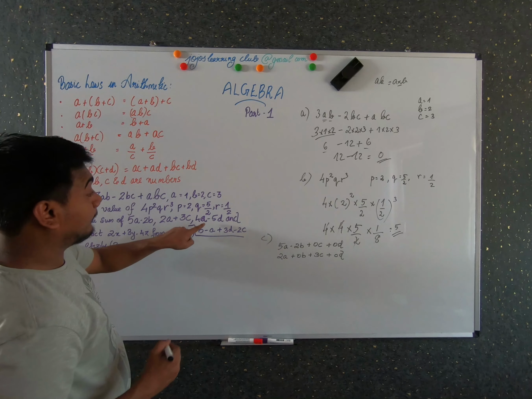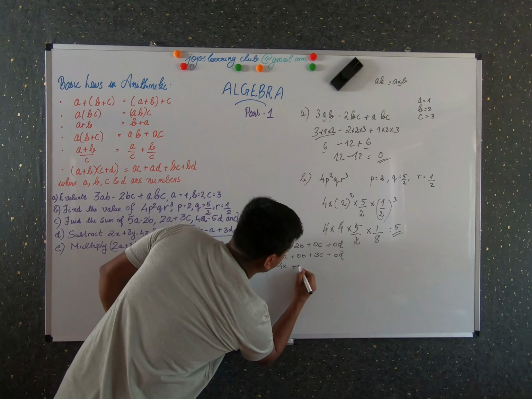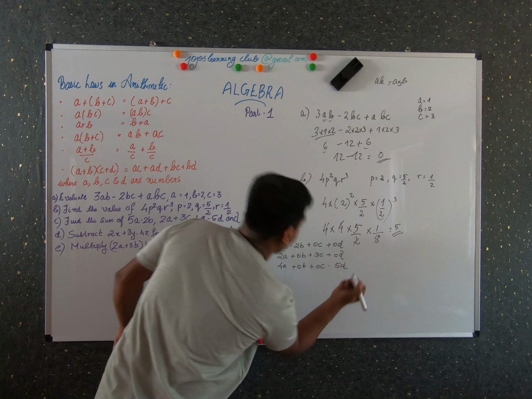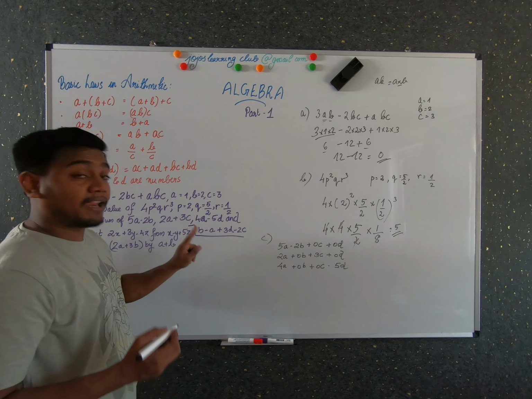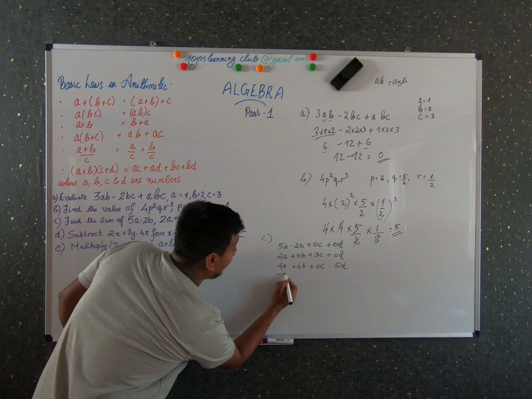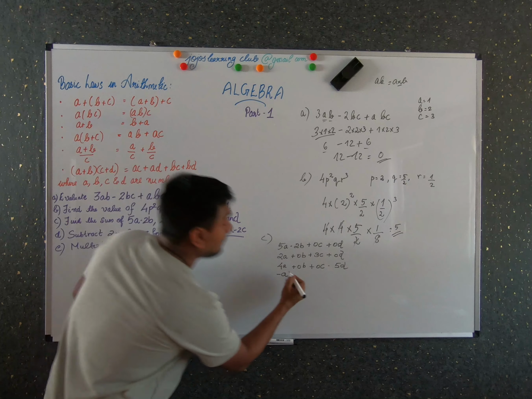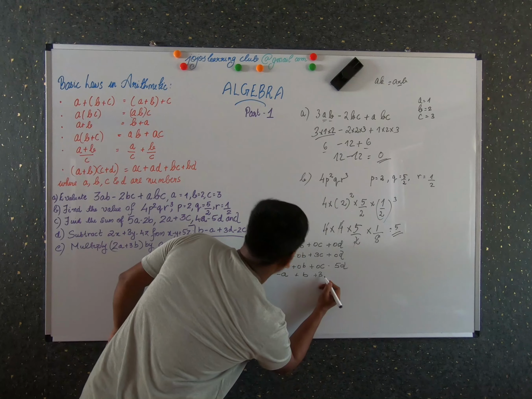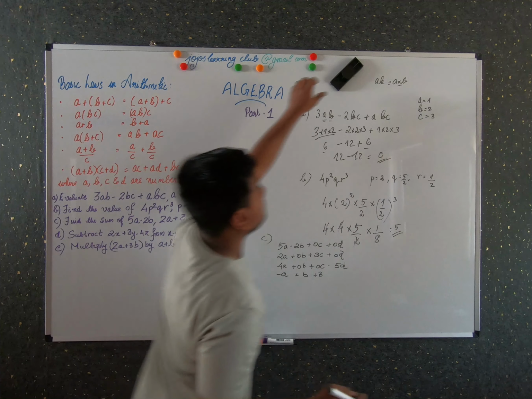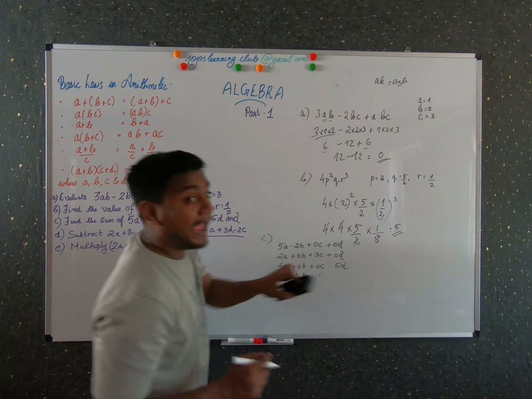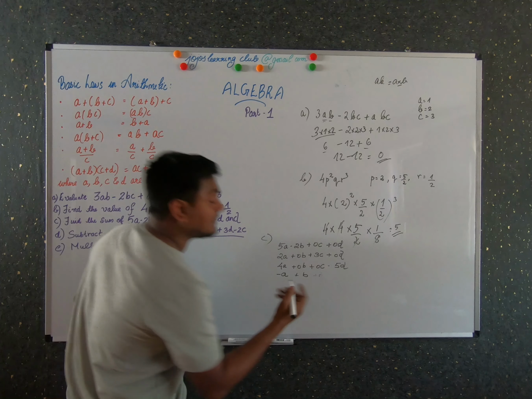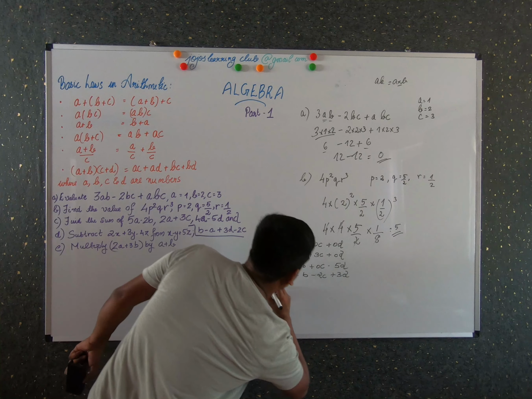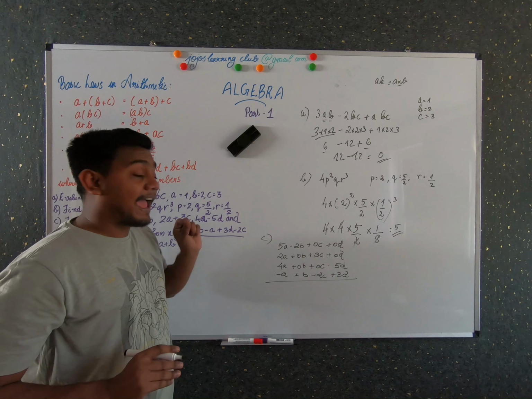And next one is 4a plus 0b plus 0c minus 5d. Again the last value b minus a. So what is actually here? It is minus a, then value of b is plus. Be careful when you do over here, right? So b plus minus 2c. I made a mistake, right? This is what I said. You have to be very careful and try to write in order so you will never make a mistake. So minus 2c plus 3d. So now it's very easy to add.